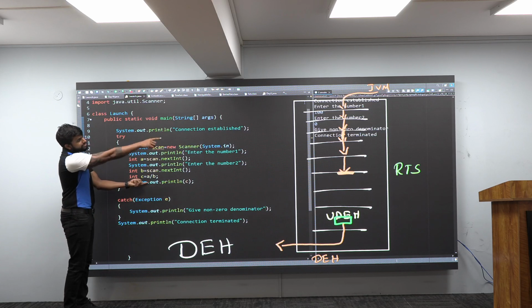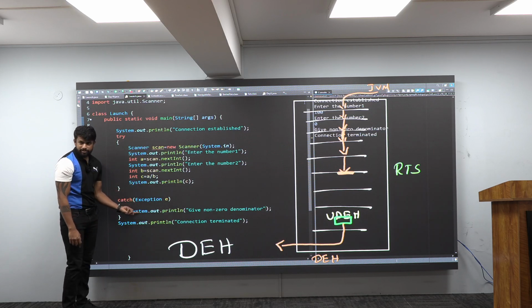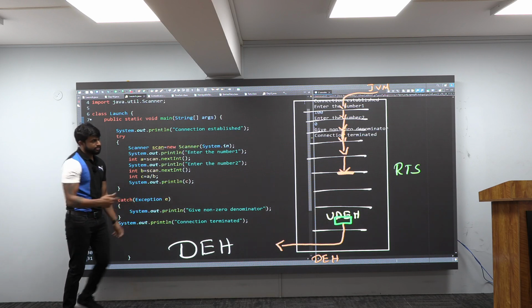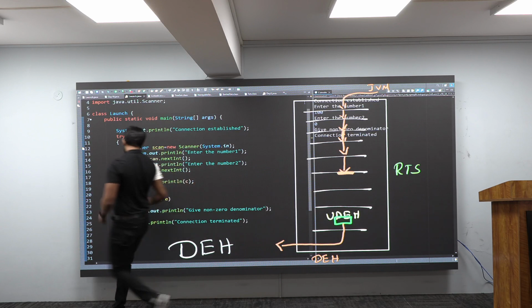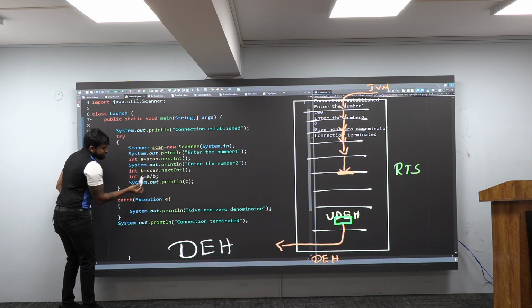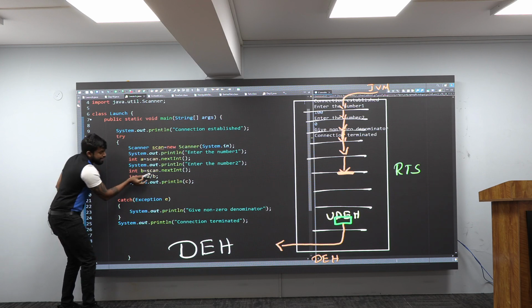See there? Print C. You are not getting any value for C. Directly you are getting the output of this fellow. What is happening there? Great. Here an exception is happening. Am I correct? Think and tell me, when this exception happens here, what will Java do? It will come out. Where is it coming out? From this line only.